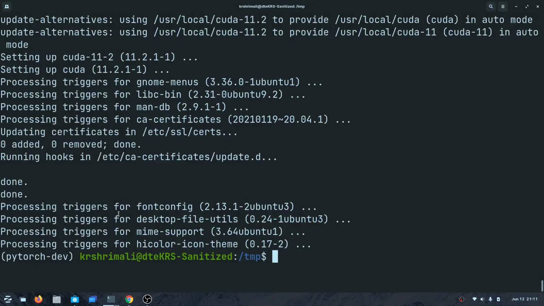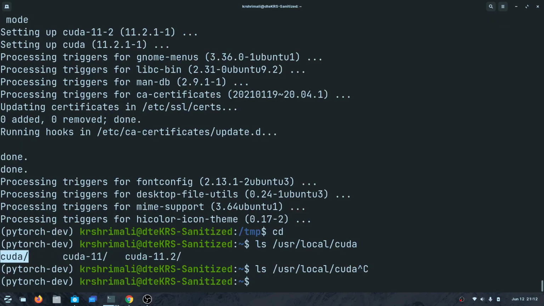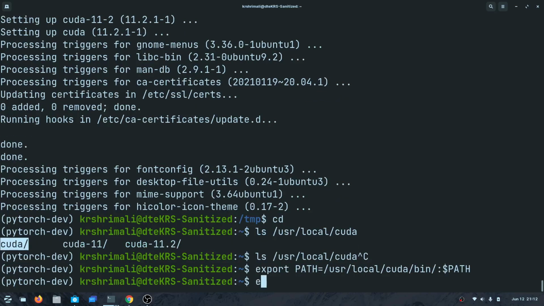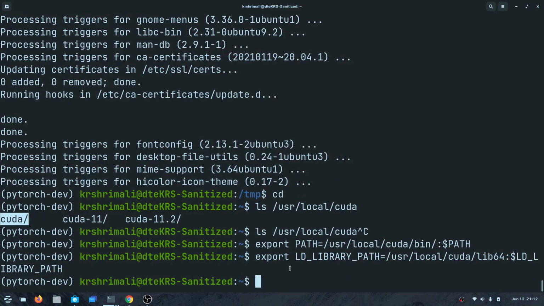Awesome. So as you can see, the CUDA installation is done, everything is done. And to verify, all you need to do is ls /usr/local/cuda, right? And you can see it says 11.2, and by default that is linked to cuda. But once this installation is done, usually you have to do export PATH with /usr/local/cuda/bin. This is important, and then you have to set LD_LIBRARY_PATH to the lib folder of CUDA. So that's really important.